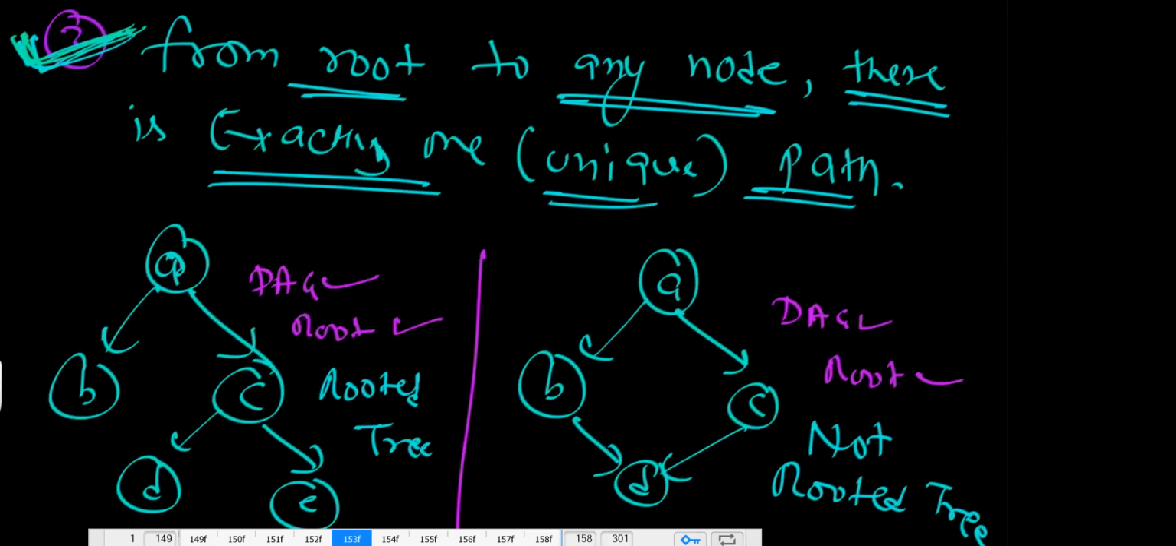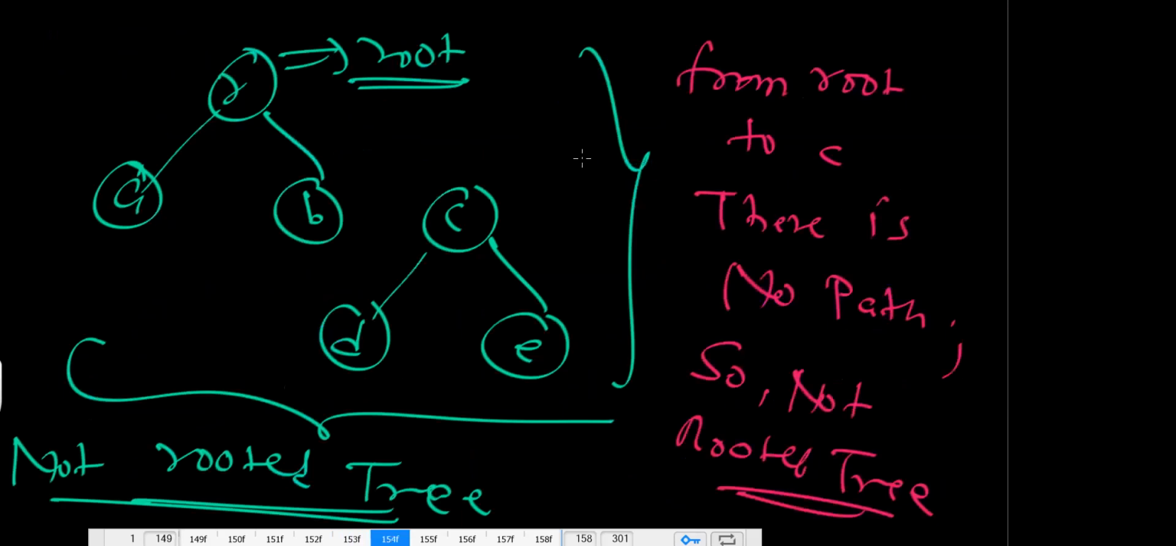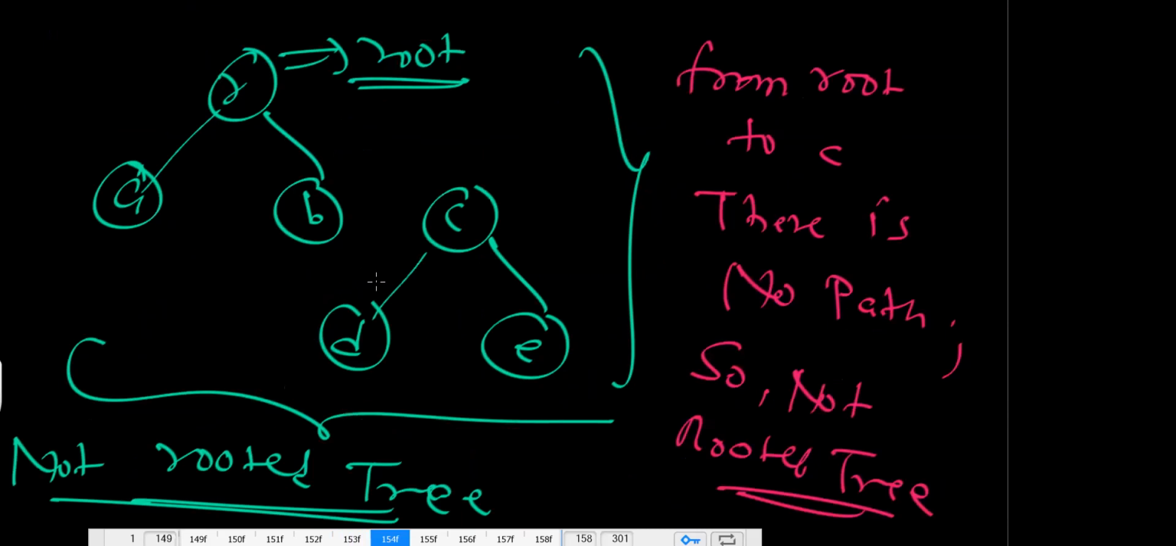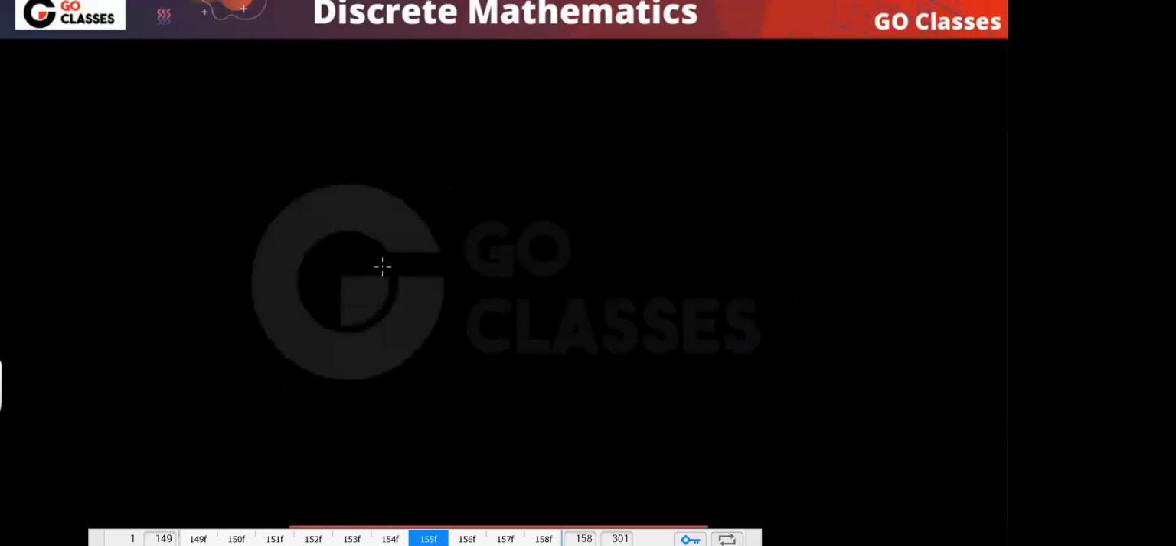Okay, are all these points clear? For example, this is not a rooted tree. Why is this not a rooted tree? It is not a rooted tree because there is no path from the root to C. But from the root to C there should be exactly one path. Okay, and let me tell you that